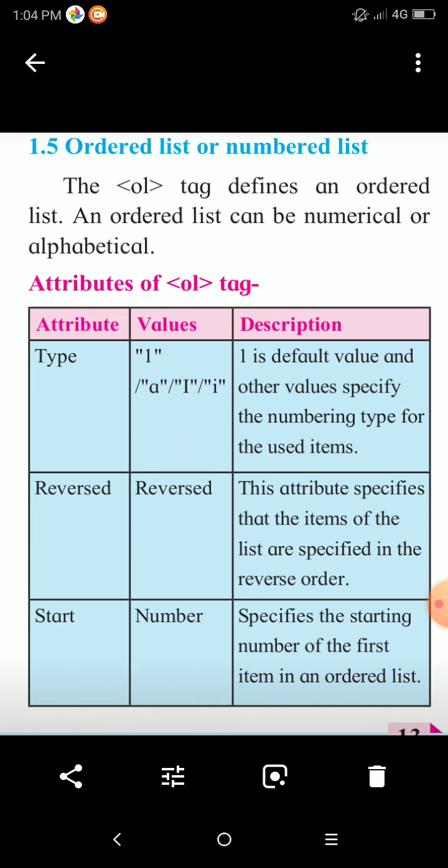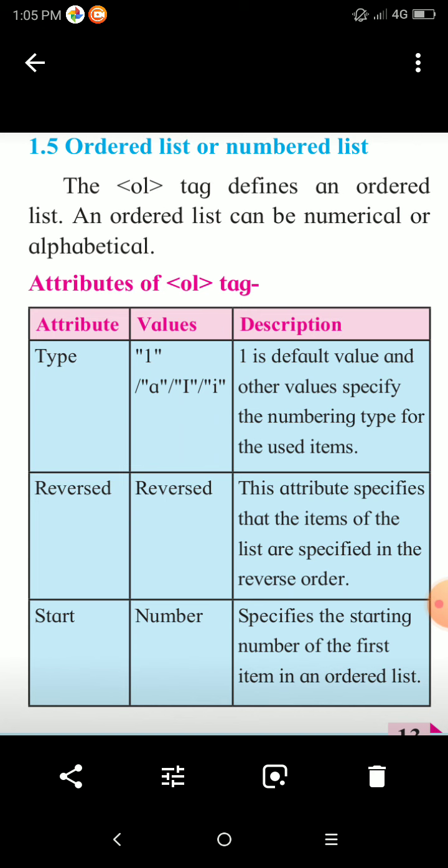If you use OL type is equal to, after that we have to specify the type of list, means whether we have to display it numerical or alphabets, and which type of alphabets we require. So here we have taken 1. 1 is the default value, and other values specify the numbering type of the list items, means the default value of the type attribute is 1, means the default list will start from 1 to 3, numeric values.